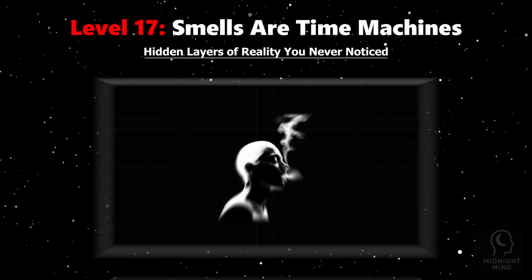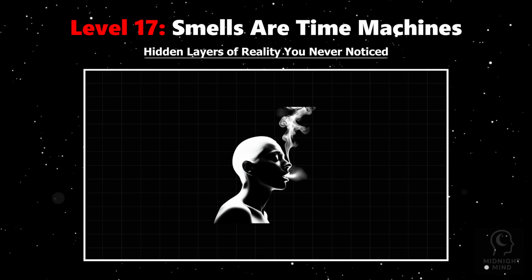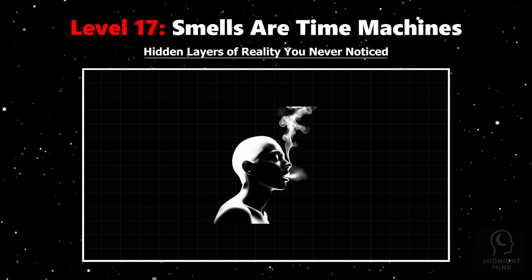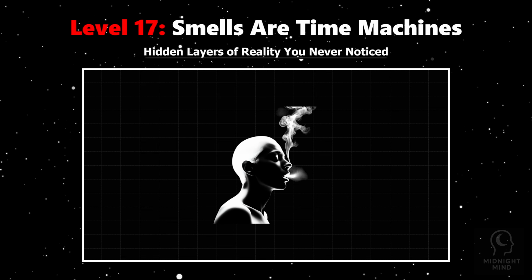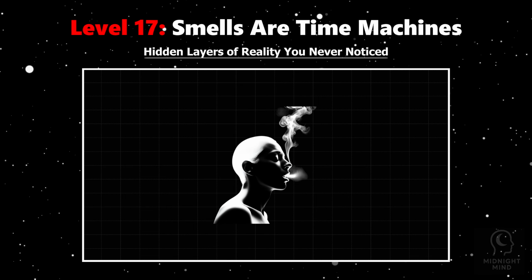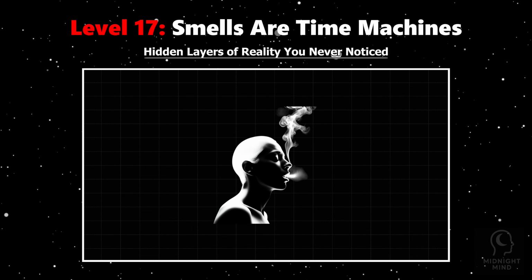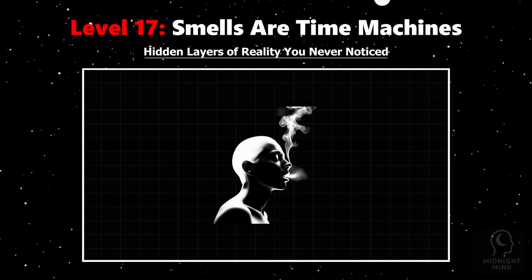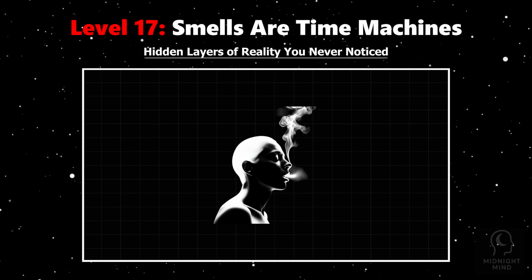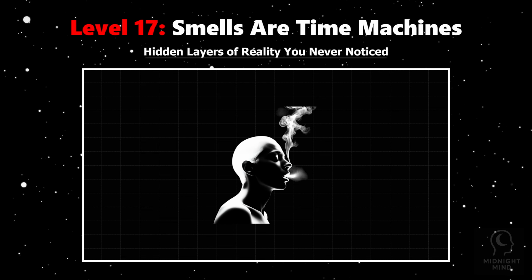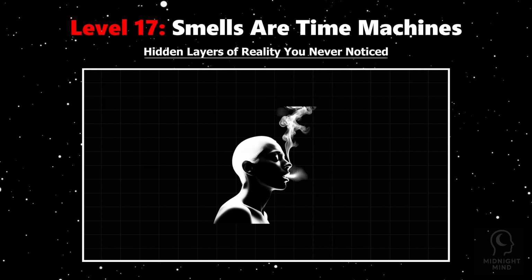Imagine a single scent suddenly pulling you from the present, transporting you back through time with vivid clarity. This isn't just nostalgia, it's science. Our sense of smell is uniquely wired to access memories deeply embedded in the brain's limbic system, the area responsible for emotion and long-term memory. Unlike other senses, smell bypasses the usual cognitive filters and triggers instant, intense recollections.